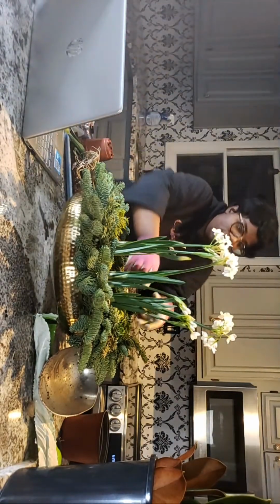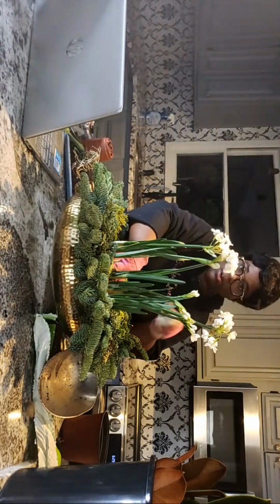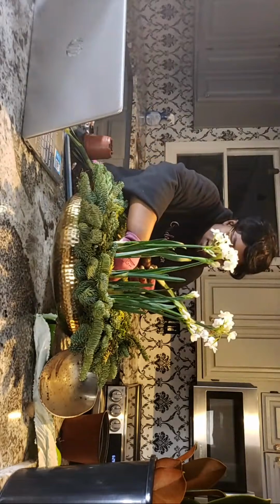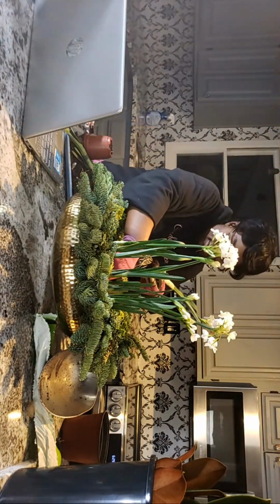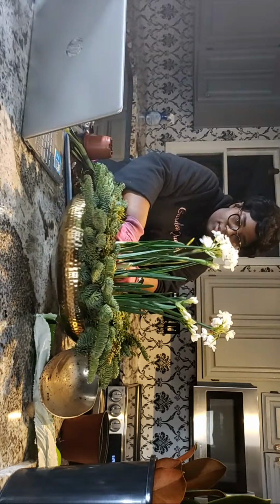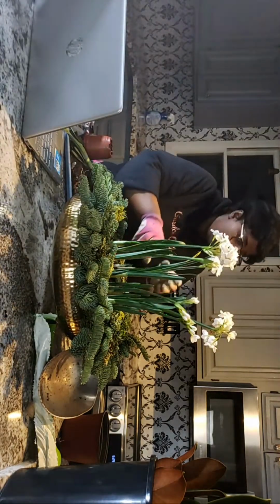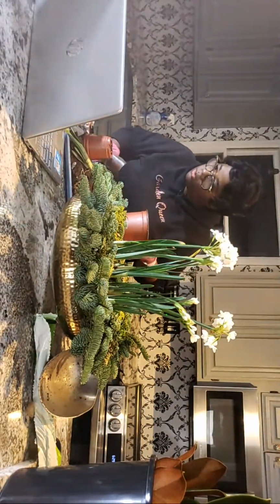All right, quick fix. Okay, so hold on, sis. All right, now I think we can probably fit one more inside of here. Okay, gorgeous. Now for our leftover soil,